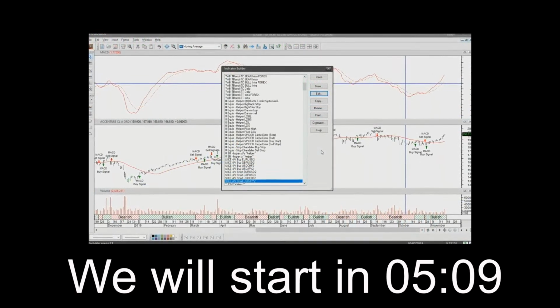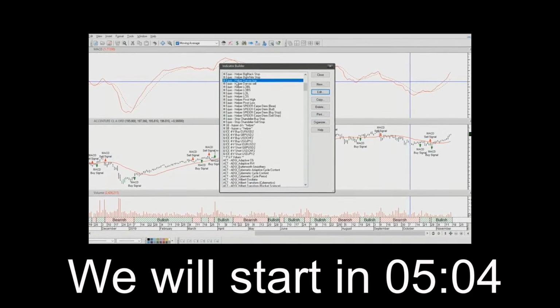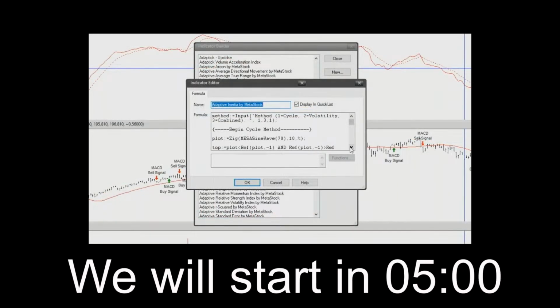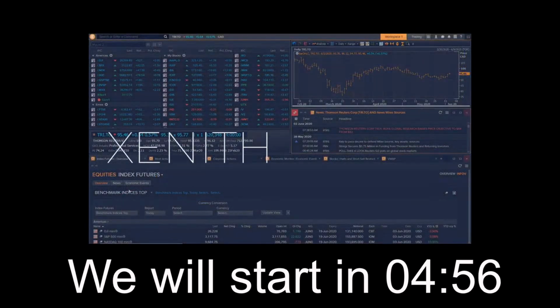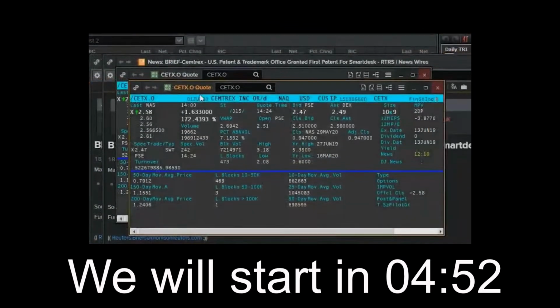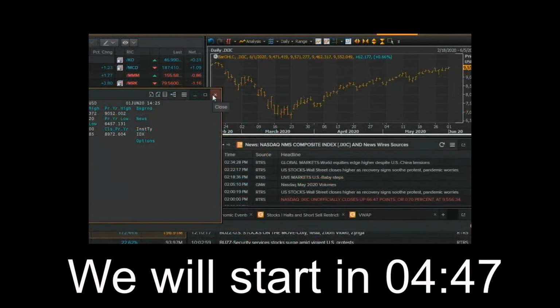And as you become a more experienced trader, MetaStock grows with you. Advanced analysts will enjoy the comprehensive list of trading systems and indicators, and the ability to build their own systems. And if you're a day trader, you can't do better than Zenith, the real-time news, data, and analysis package offered by Refinitiv, a world leader in market data.